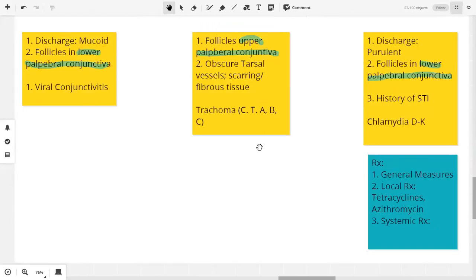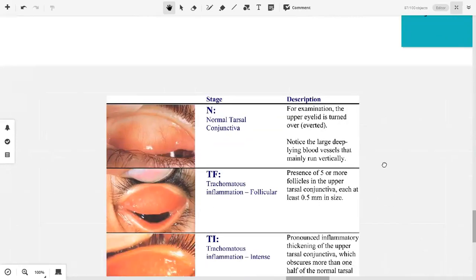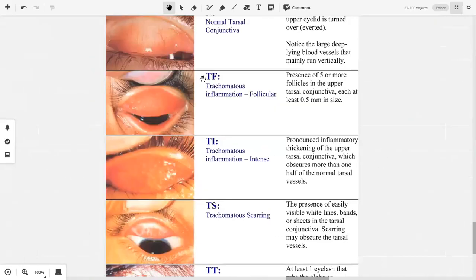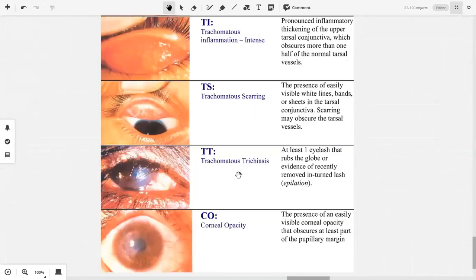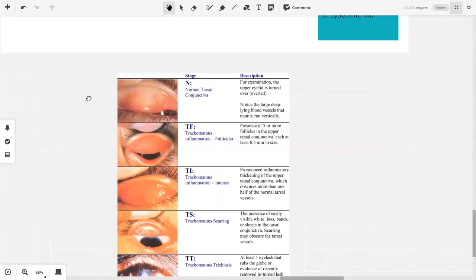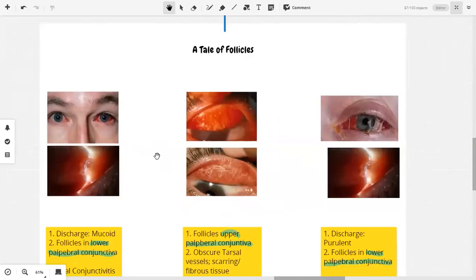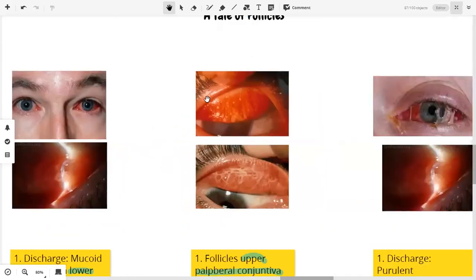first I told you guys to read the FISTO classification because it's very important. Then we will discuss the treatment. So I have the FISTO classification here with me. Look at this. T is for trachoma and F is the classification. T, F, I, S, T, and finally O. FISTO. This is the classification. In the case I presented to you of chlamydia trachomatis causing trachoma, this is only one, and these are only two signs of the whole classification.